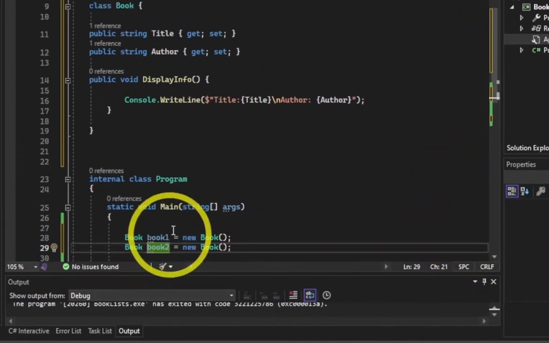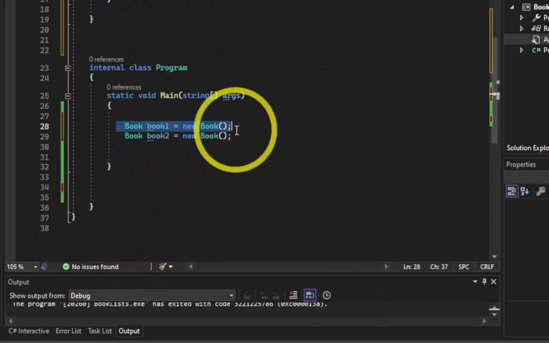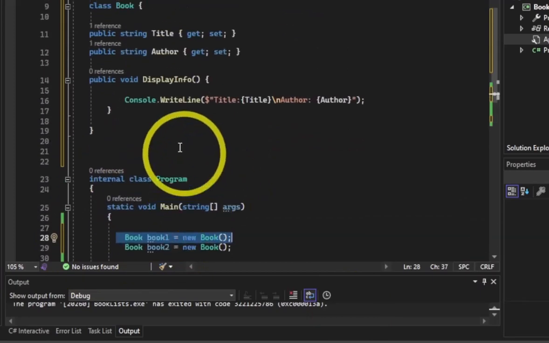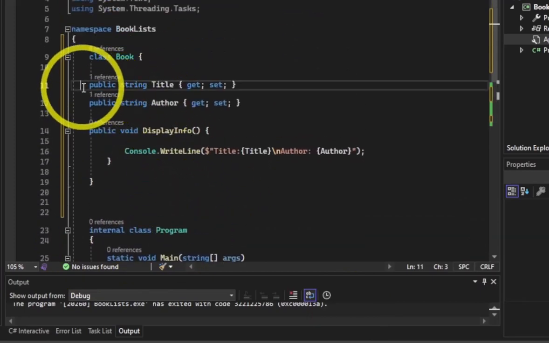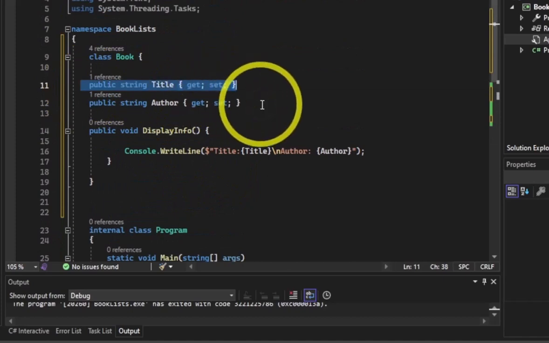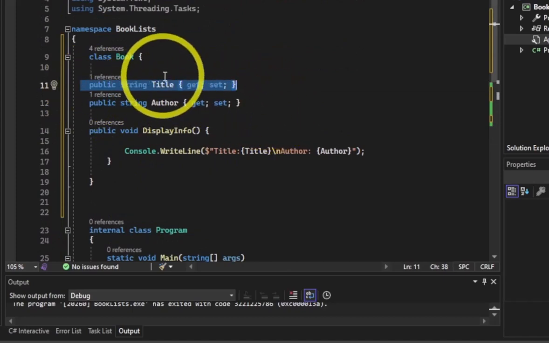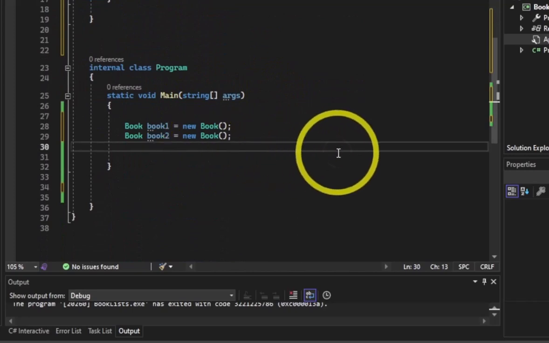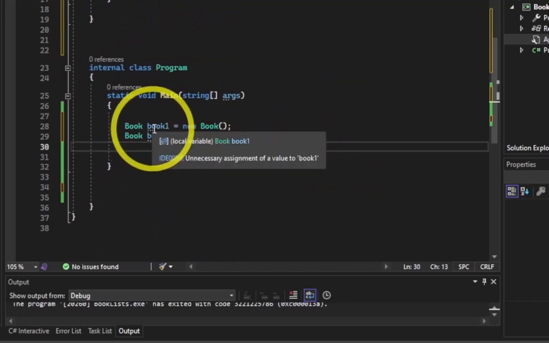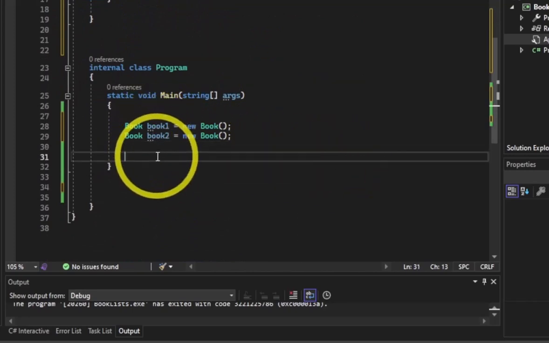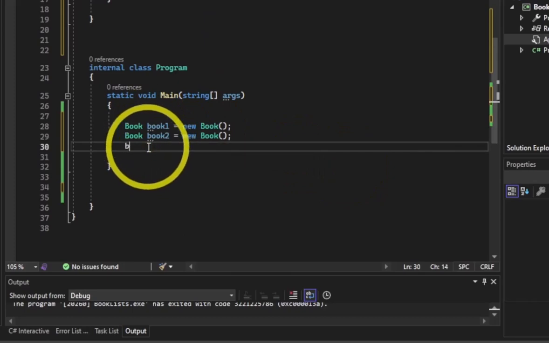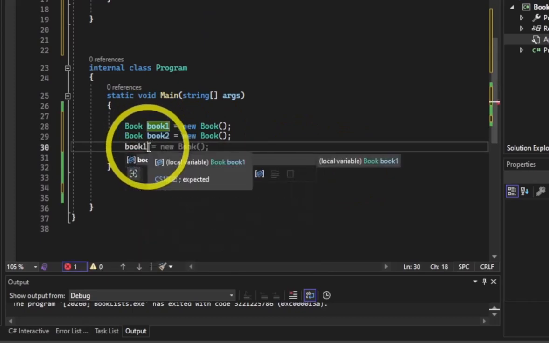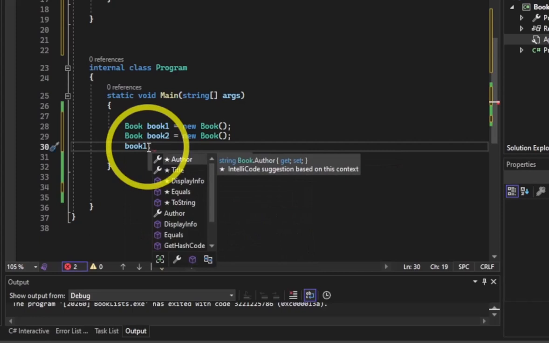So now that we have these books, well, these books don't have a title and they don't have an author, because we know that there are those properties there, but we don't have a title or an author. So what we want to now do is set book number 1's author and title and book number 2's author and title. So I'm going to go down here and put book 1, and I'm going to hit dot, and then I can say author